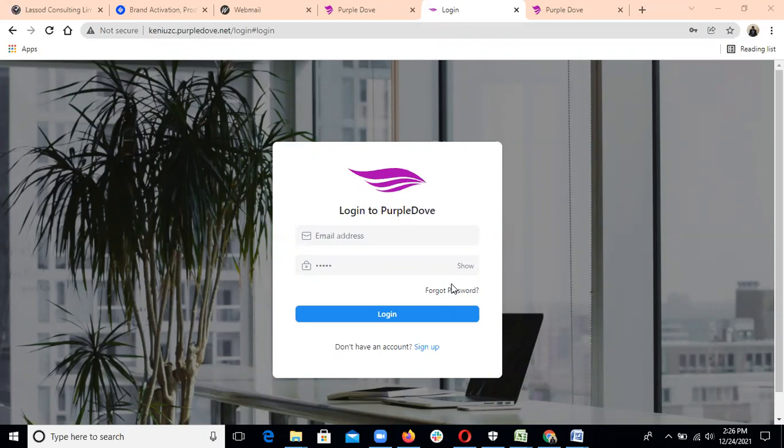Kenny UZ Co, and we were able to follow the due procedure to configure the PurpleDove ERP system. And I told us the last time that it will help configure the accounting module, depending on the company sector and the operations you've registered. So today we're going to be looking at the accounting module, what we can do with it, and we'll run